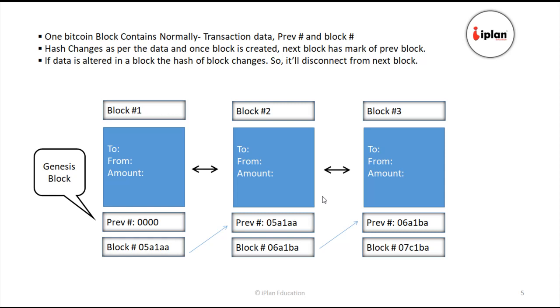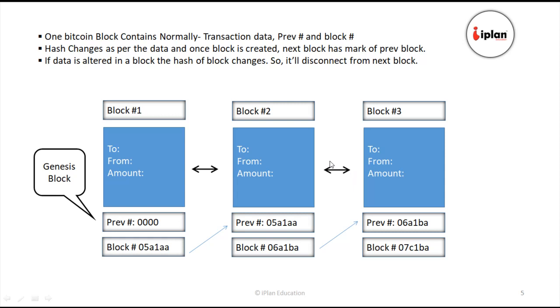And once they validate the block, a cryptographic puzzle is sent to the miners, and they have to solve it using a public key. Once that is validated and it is understood that the transaction is legitimate, a block is created in the blockchain. The next block will have the hash of the previous block, and as a new block is created, it will have its own hash and the previous block's hash. Similarly, the next block will have the previous hash and its own hash.